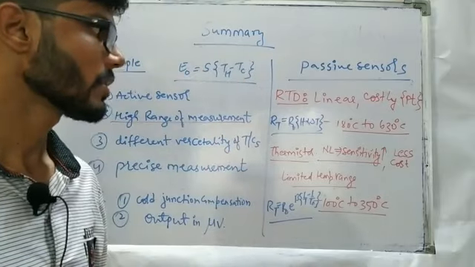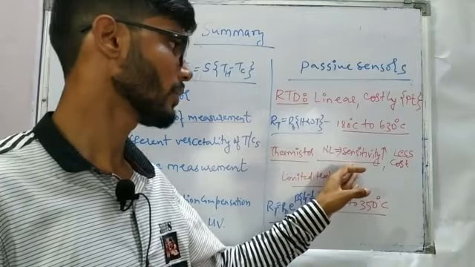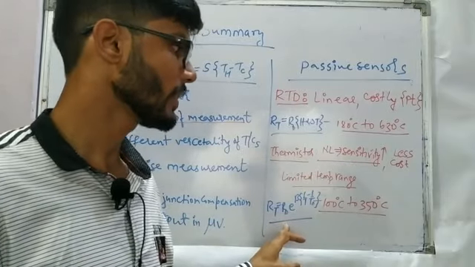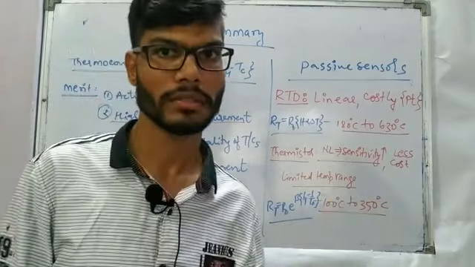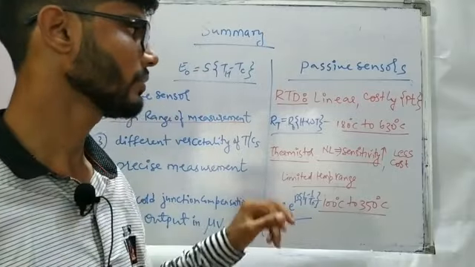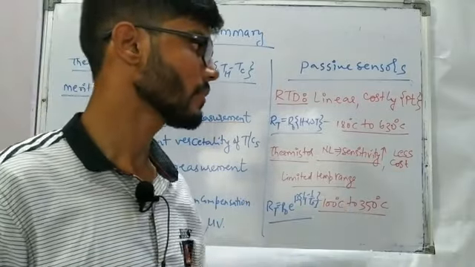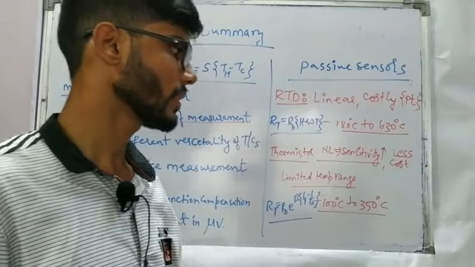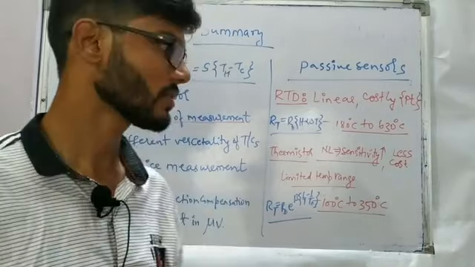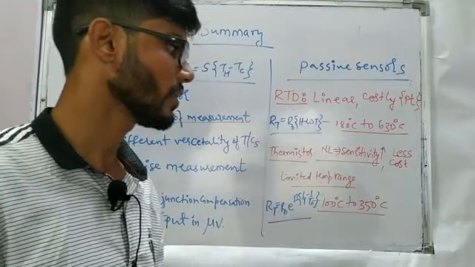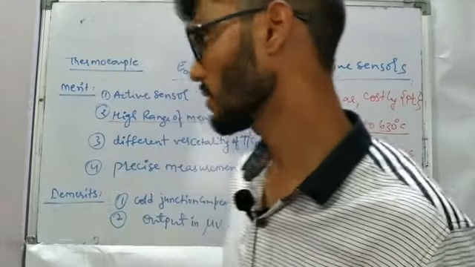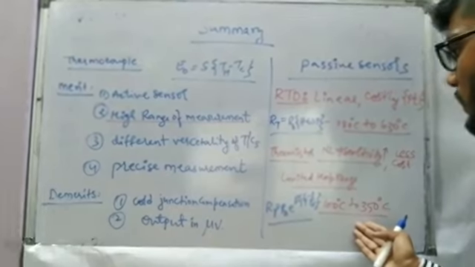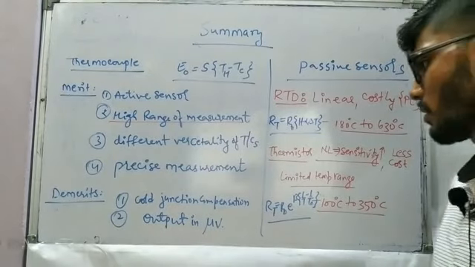And in the case of the thermistor, it is going to be non-linear, but as the non-linearity increases, the sensitivity is going to be a little higher than that of the RTD, and at the same time it is going to have a lower cost. So most probably in the range of minus 100 to 350, especially in home appliances, the thermistor is mainly preferred, because it has a higher sensitivity at the specified range of temperature.